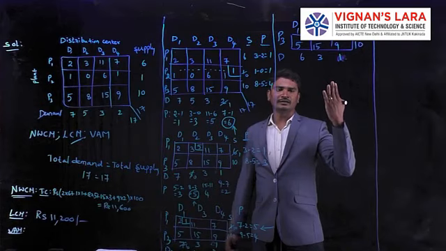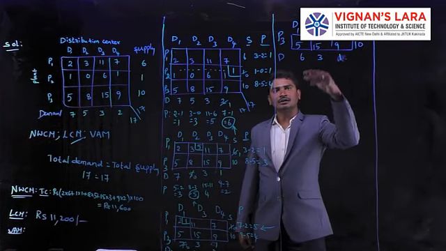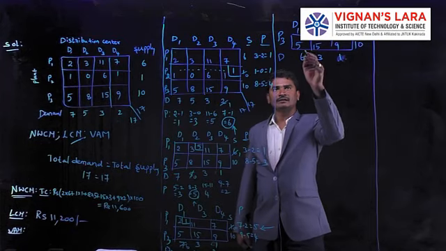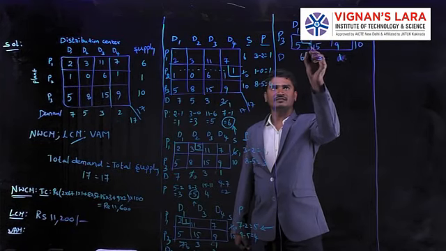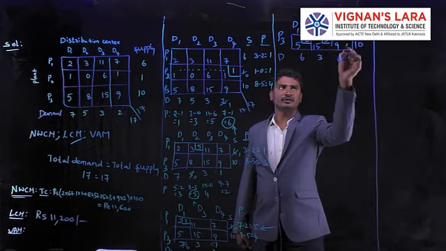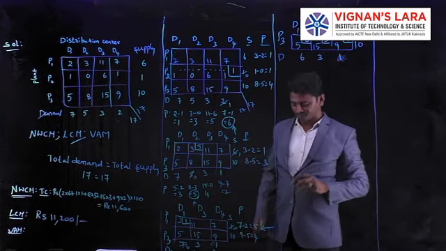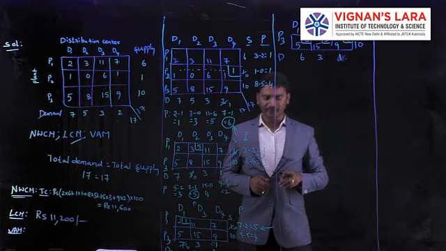Now here we have the difficulty to find the penalties. That's the reason I am going to allocate the total values directly. Here how many units are there? 6 units allocated here, and here I am going to allocate 3 units. Here I am going to allocate 1 unit. Total 10.